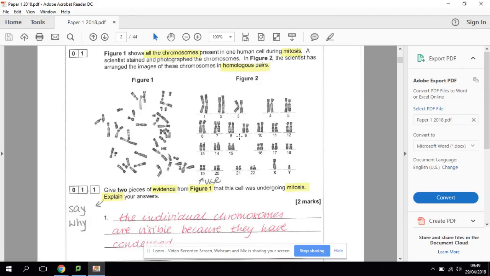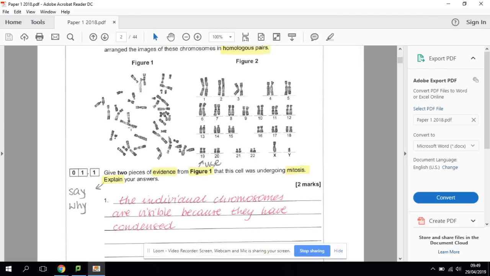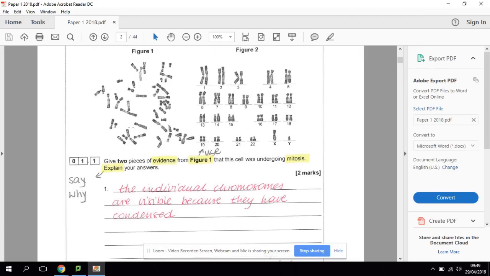So we're not interested in figure 2. We're looking only at figure 1 that this cell was undergoing mitosis. Explain your answer. So explain, say why. So looking at the picture, try to identify what is the evidence of mitosis and say why using your biological knowledge. So what we can work out from this picture, from figure 1, is the fact that the